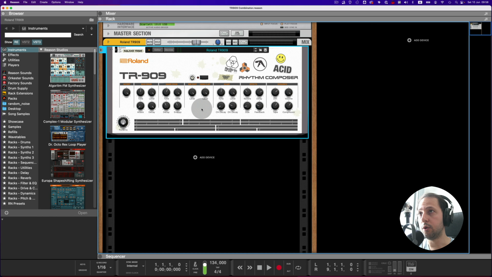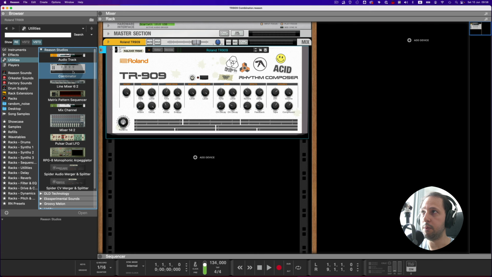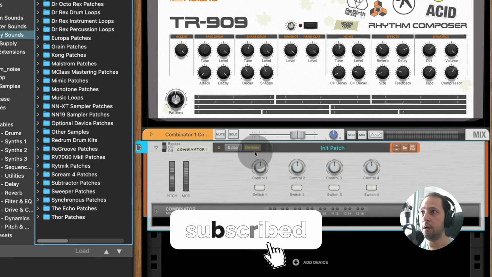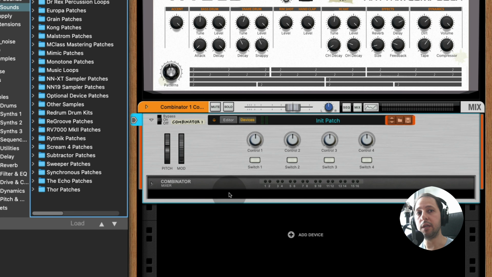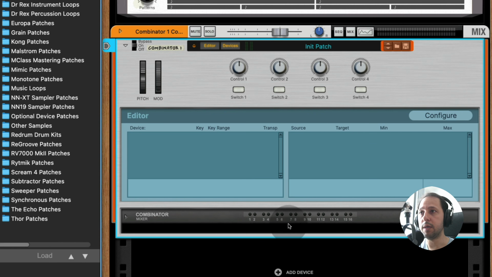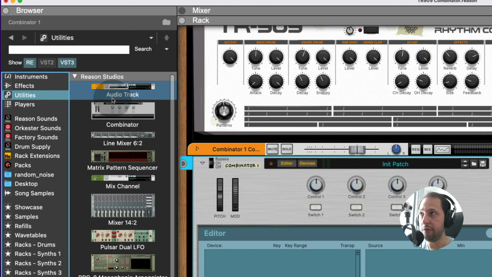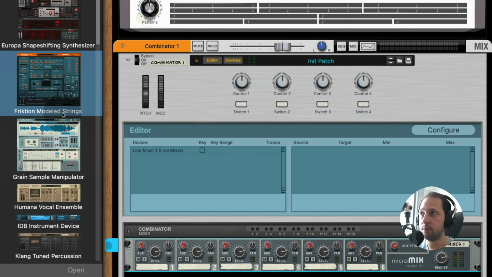Now, if you don't know what a Combinator is, it's basically, as the name suggests, and let me pull one over here, a way to combine a few of Reason's racks into one device and saving it as a preset. Besides that, you can also fully customize the Combinator to control different aspects and different features of the racks inside it. So for example, if I take and I put here a mixer, and then I will put maybe